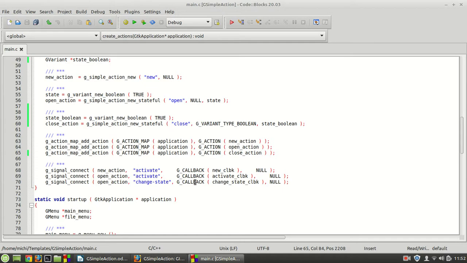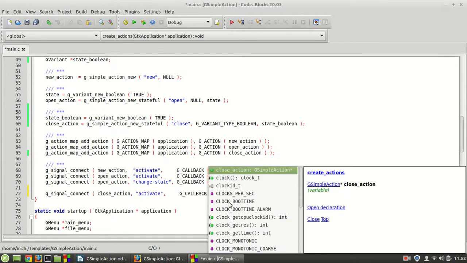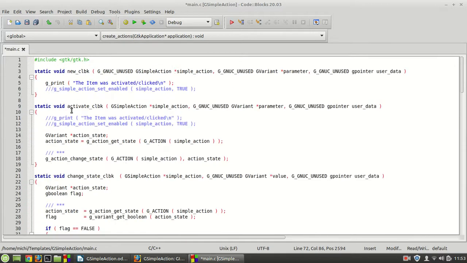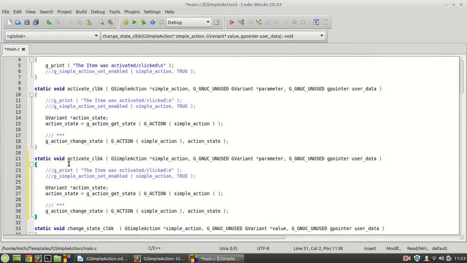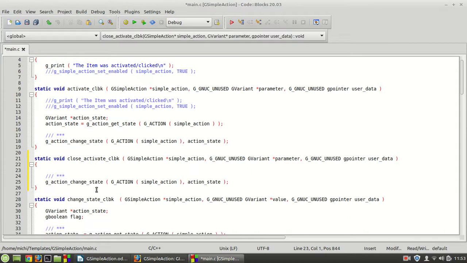Now let us give it a meaning. For this, the next thing we are going to do is call the activate signal on the close action, but here it will be a close activate callback. I'm going to create a close activate callback this time. So the difference you will see in a second. I'm going to copy this part and now close activate. Now because we have the function, let me remove this part. Let me remove this part as well,